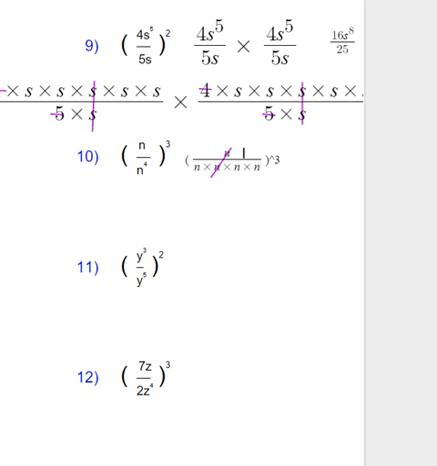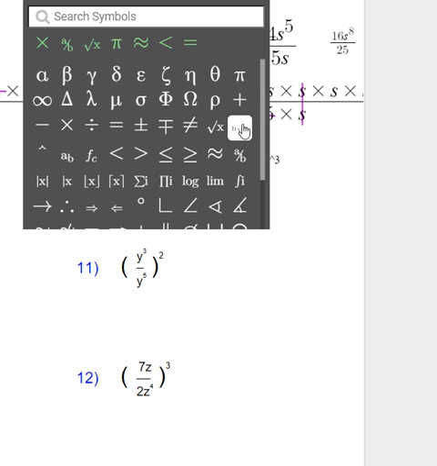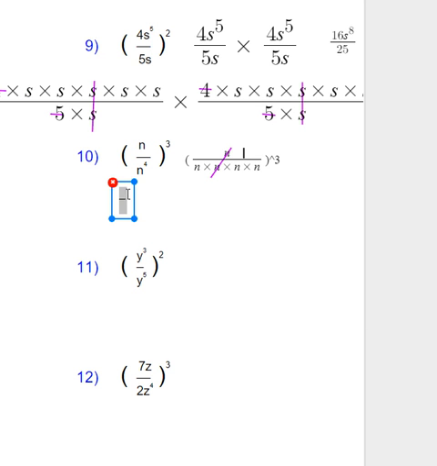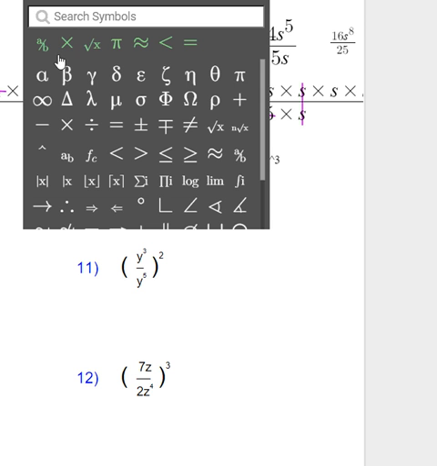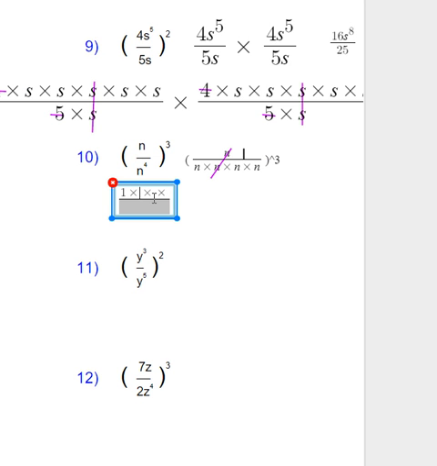So here's my new text box. And I'm going to do 1, fraction, 1 times 1 times 1. Oh, I didn't need 3 times, I only needed 2. Okay, that's my 3 1s on the top, because to the third power there, so 3 1s. And on the bottom, I got n